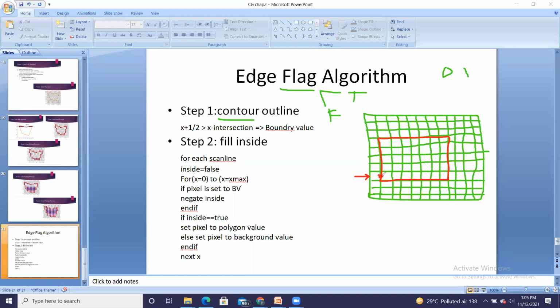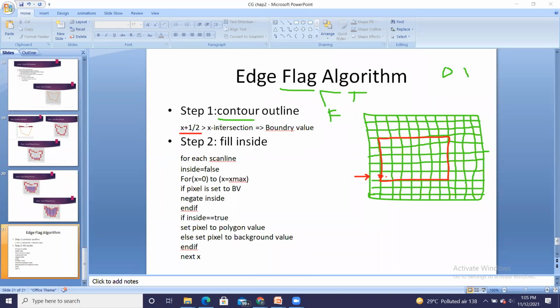So the scan line intersects here. Then it is said which pixel is considered as the boundary value. So for that purpose, we are choosing this expression, that is x intersection is this. So whichever pixels lie on the right hand side, this condition will be true.